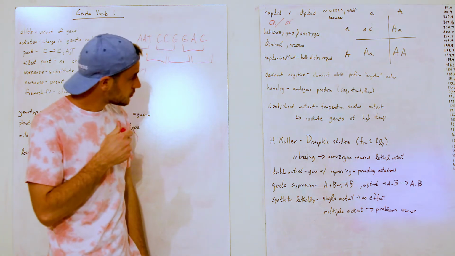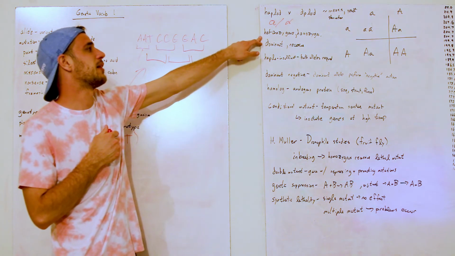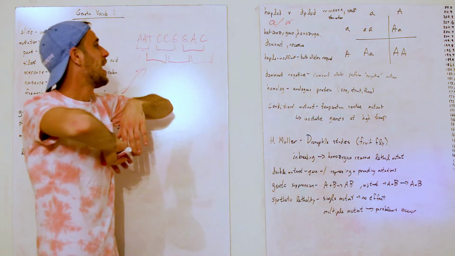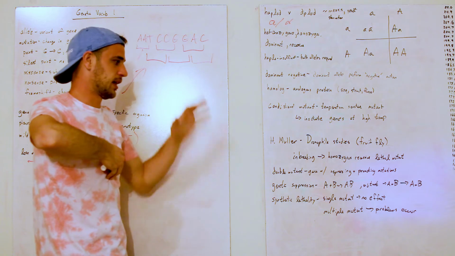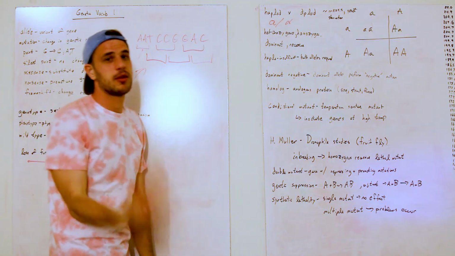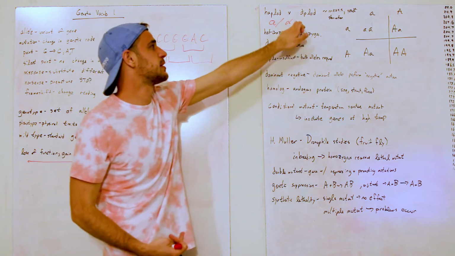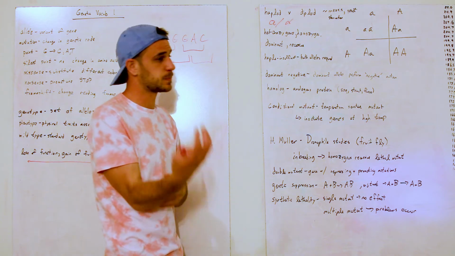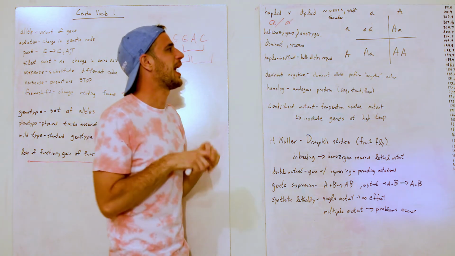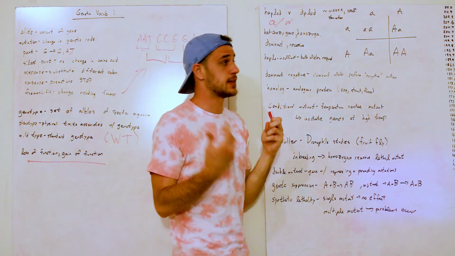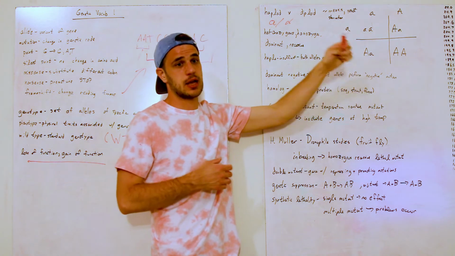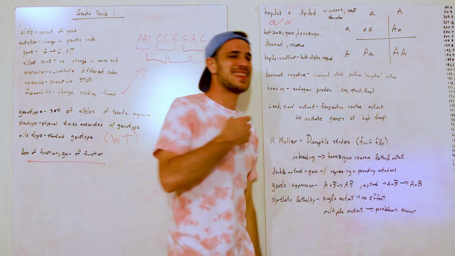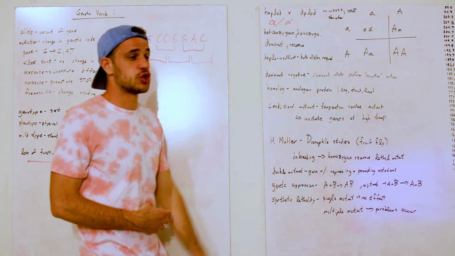So now we have heterozygous and homozygous. This is kind of just a hodgepodge of different terms, which is just kind of how this genetic unit will be. What you probably know already is, since we have diploid cells, you can have a recessive gene or a dominant gene. When you have a dominant gene, the dominant one takes effect and you only see the dominant occurrence. And then when you have both recessive, you just see the recessive trait in and of itself.